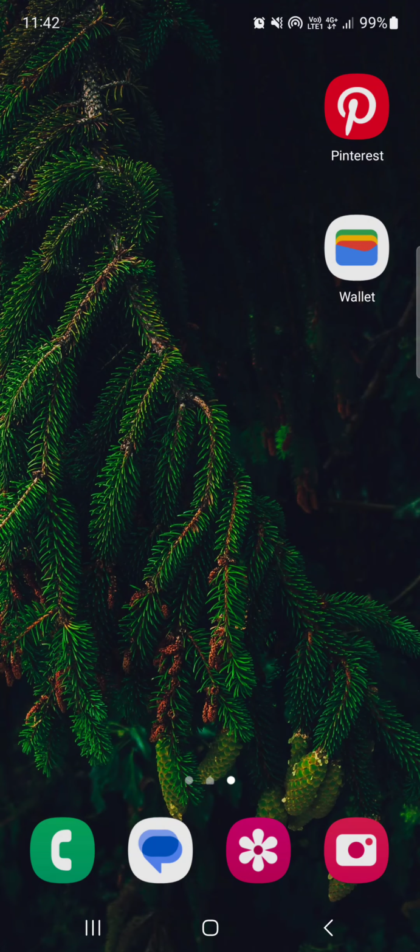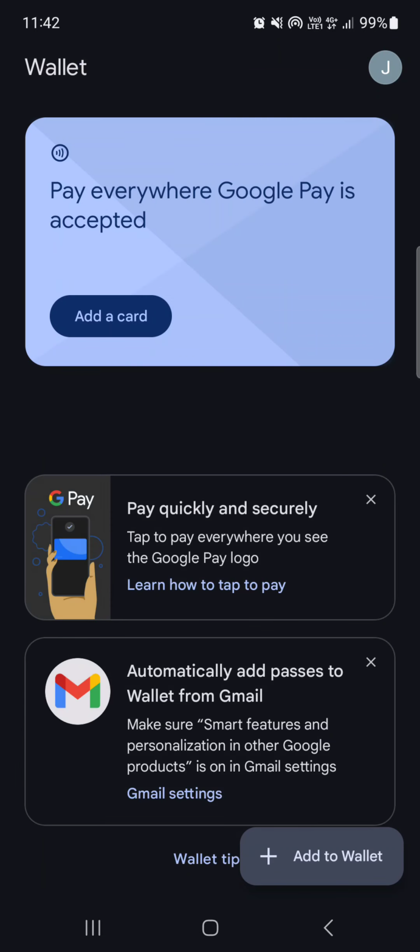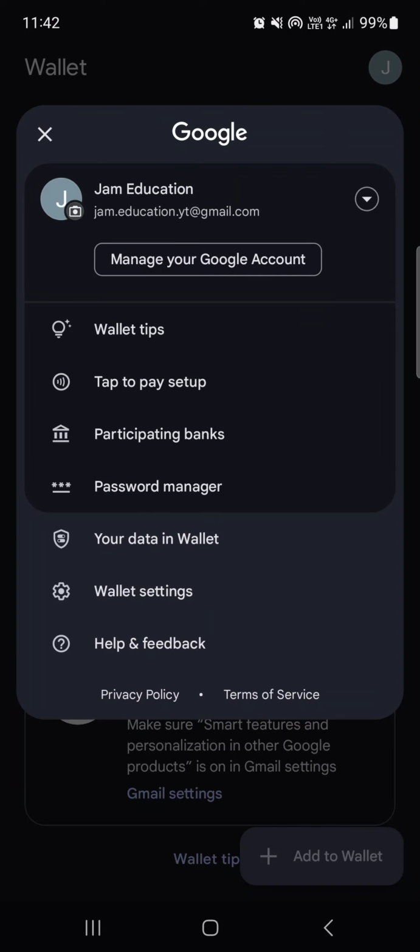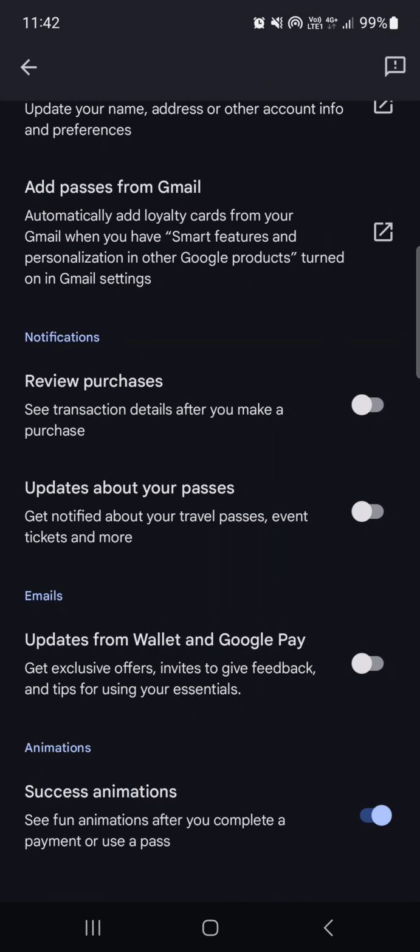First we have to open up the Google Wallet app, and then in the top right corner we have our Google account icon. If we tap on this, we open up this little list, and in the list we tap on wallet settings, and if we scroll down in the emails section we can turn on updates from wallet and Google Pay. Then we are going to receive updates about offers, invites to give feedback, and tips for using essentials